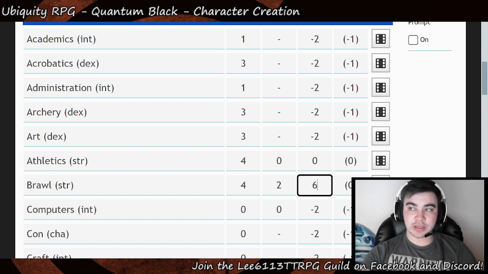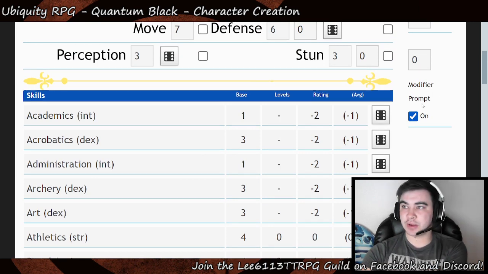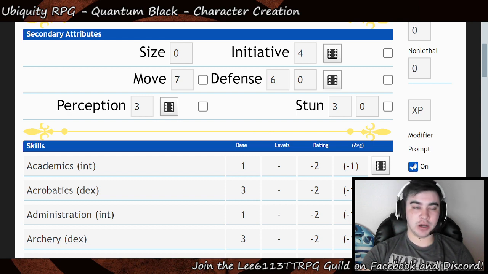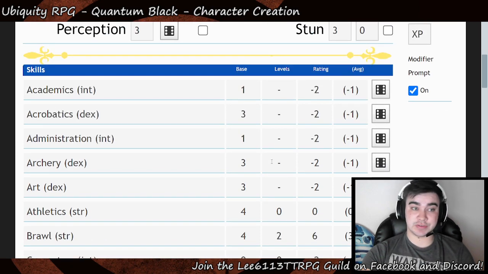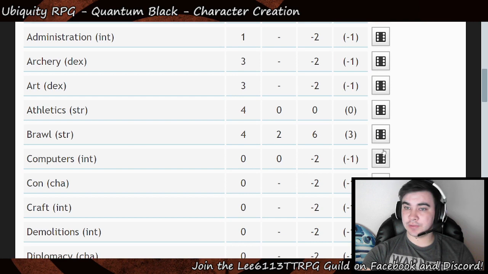So when I roll a character skill for brawl, I'm going to roll the dice. I always turn the modifier prompt on in the top right, right next to stun. I put this bottom 0 as XP. I like to keep track of my experience in that box, and the modifier prompt is going to be on. I always keep it on because sometimes you have a penalty and sometimes you have a bonus, sometimes you just have a 0. But when I click brawl, I click on this die here on the right. It's going to ask me,